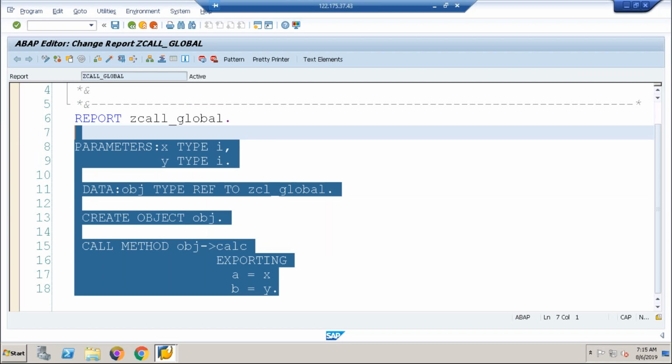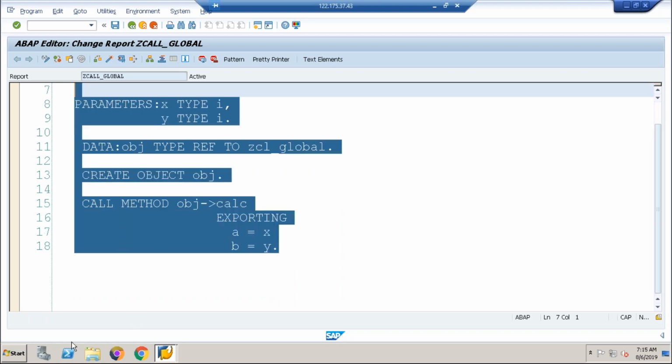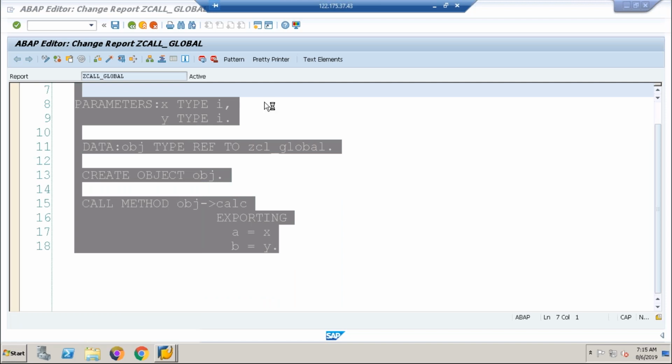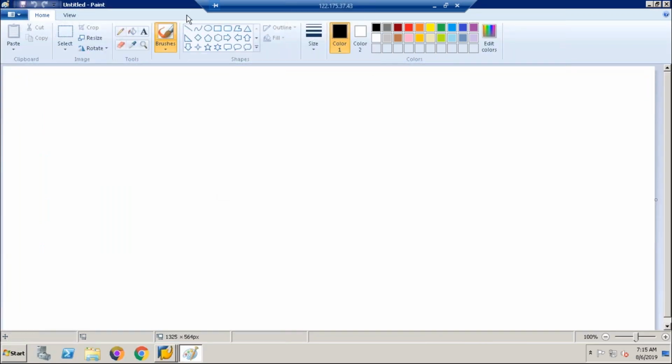So the same program I have written as a global class in SE24, definition part and implementation part, guys. If you want the working of this program, it's very easy. And global classes are very important from an object-oriented perspective.